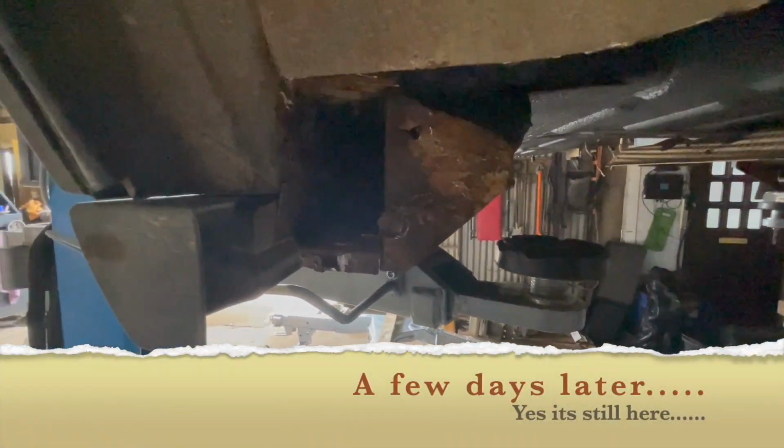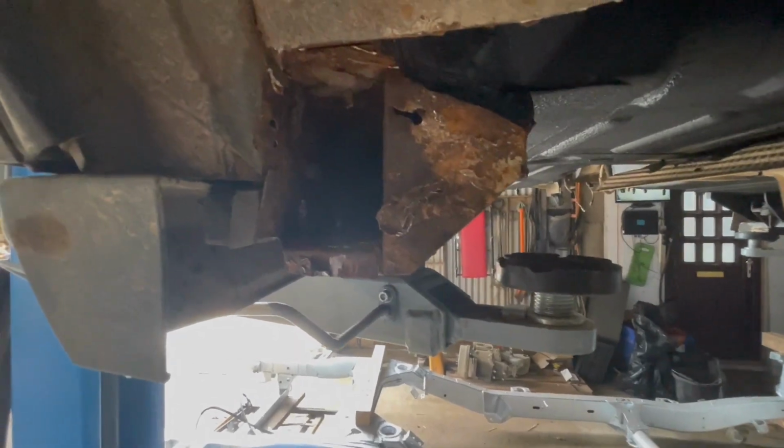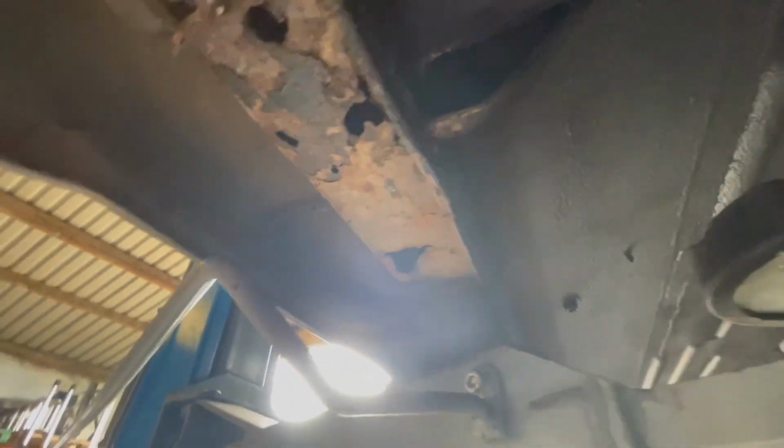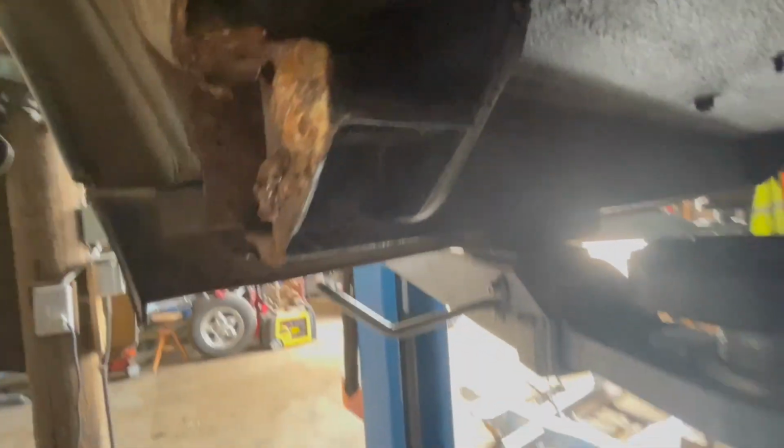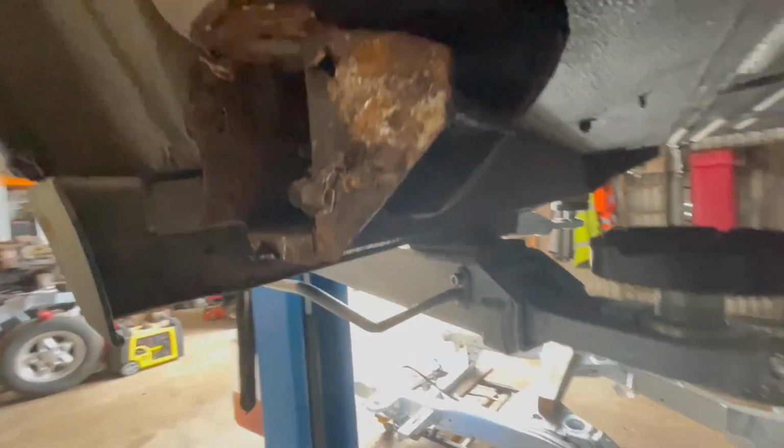Found some holes. Well, obviously that's a bigger hole. But yeah, there was a little hole in the end plate. Dug around a bit, and there's holes all in the seal. To pick the mount off was going to be a bit of a pain in the backside. So